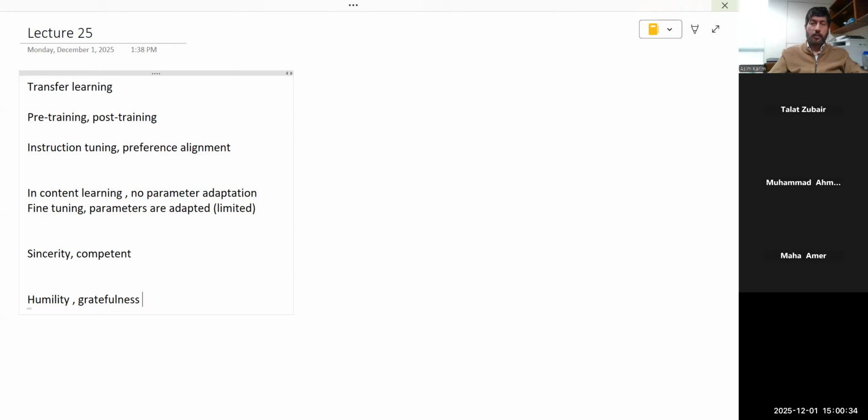So these are, I think, four traits that are essential, and we should work to embody these in our daily lives, in our jobs, in our personal interactions, and it will take us a long way. So sincerity and competency in any endeavor that we are doing, and then general traits, we should always keep ourselves humble, and then we need to be grateful.